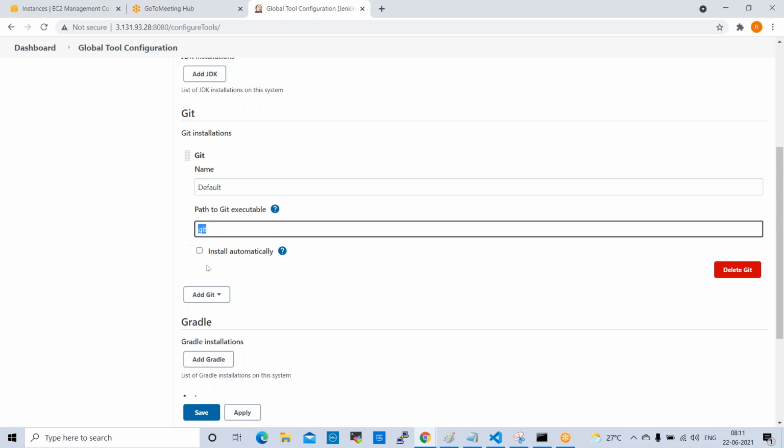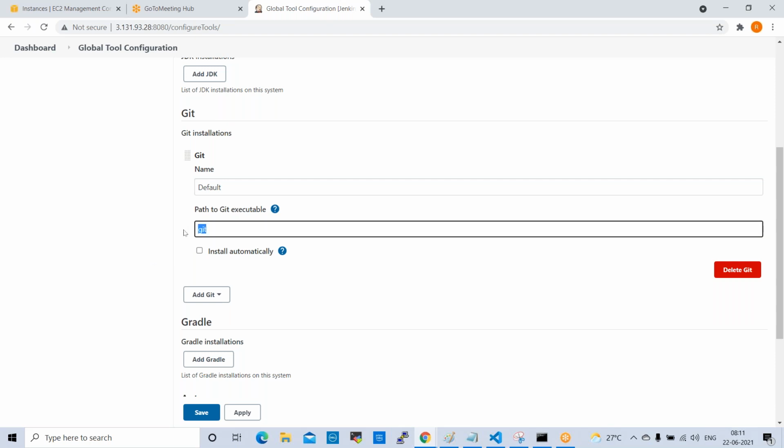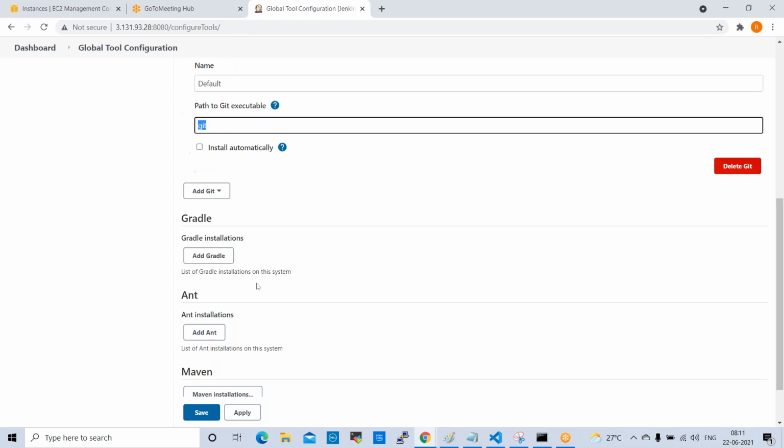For example, if you are not installing Git inside the Jenkins server, even in the console, Git is a different tool, so we need to give the executable path. If you don't provide this path, what will happen? I'll show you.